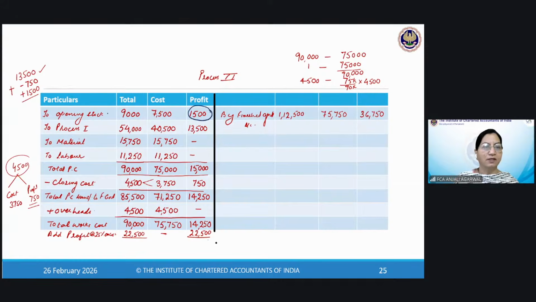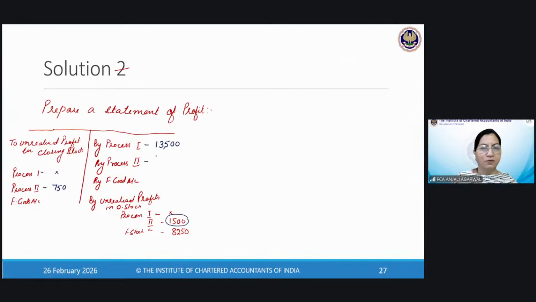Look at the three figures in the opening stock, in the closing stock, and in the profit element, 22,500. So from process two, 22,500 we have generated, plus 1,500 we have liberated in the opening stock, minus 750 we have blocked in this period. So 22,500 is what we have generated, and out of which 750 is blocked, but the previous period's 1,500 is